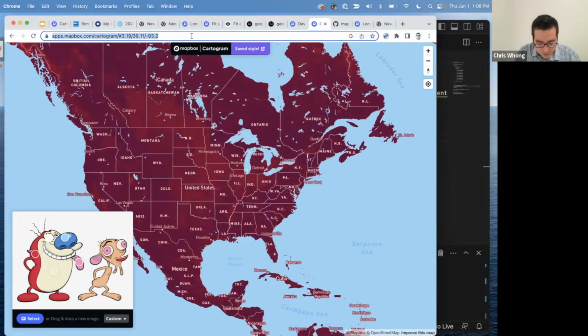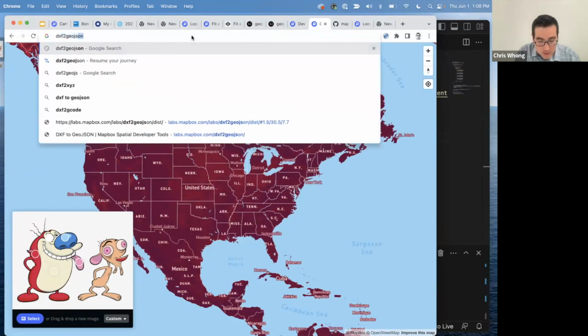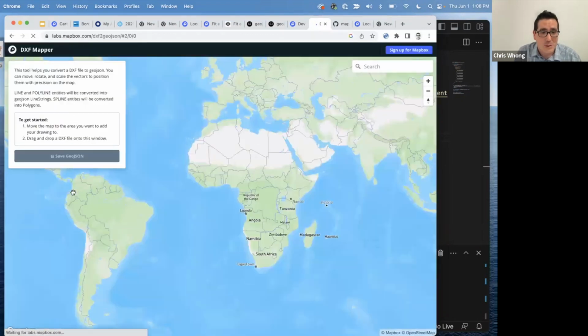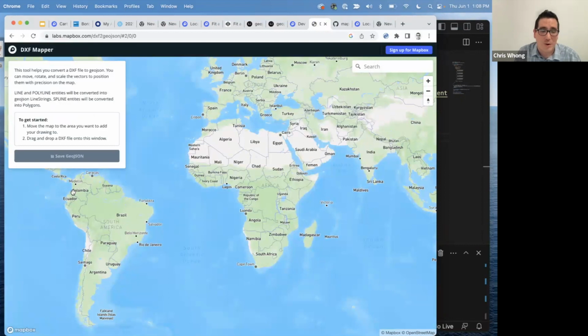Okay, DXF to GeoJSON. To my surprise, actually, in Discord it feels like one person a month shows up saying, how can I convert a DXF into GeoJSON? And I actually wasn't even aware of this tool a year ago when I started at Mapbox, but I discovered it after somebody asked about it. I searched and found that somebody already built a tool for that. So we resurrected it and spruced it up a little bit recently.